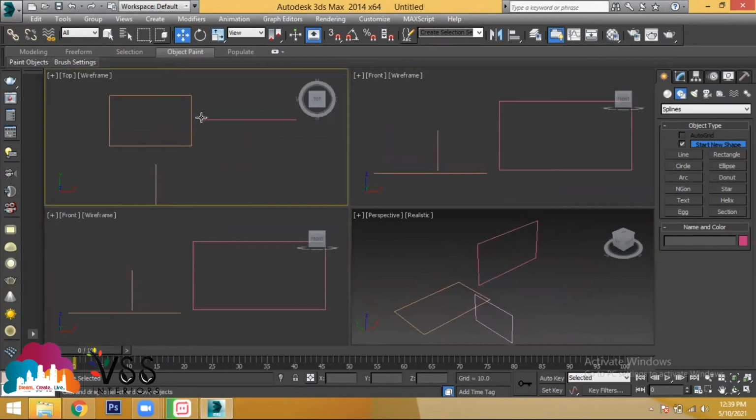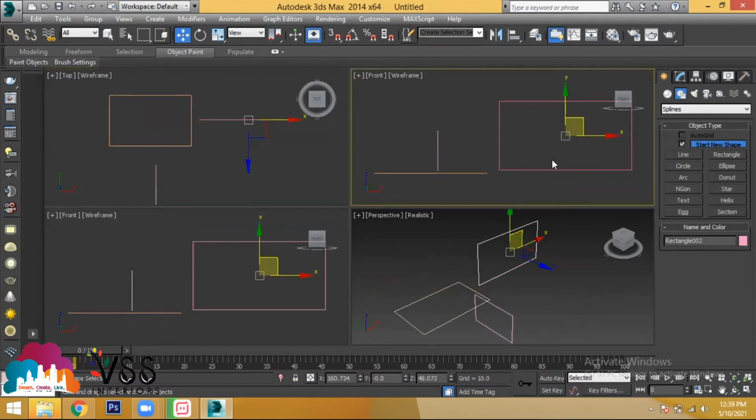Okay. Now see, from the top view you have drawn a rectangle, and from the front view you have drawn another rectangle. If you see the top view of the rectangle drawn from the front face, what happens? It is looking like just a line, because there is no height for this object. कुछ height है क्या ये object को? There is no height. You have just drawn only a rectangle.